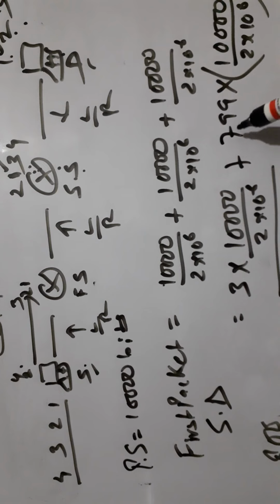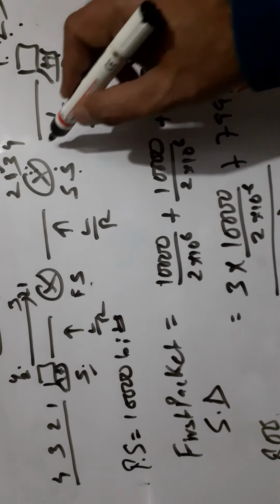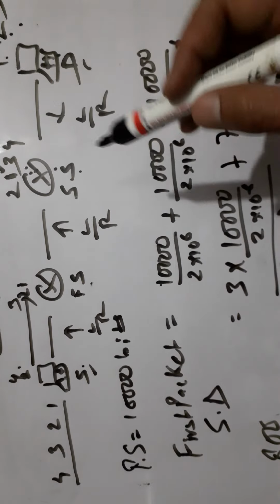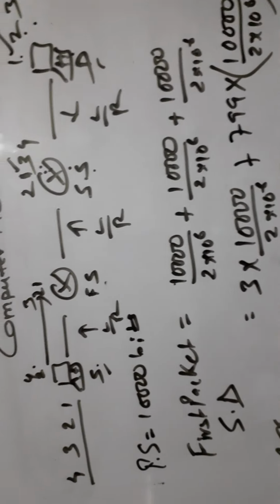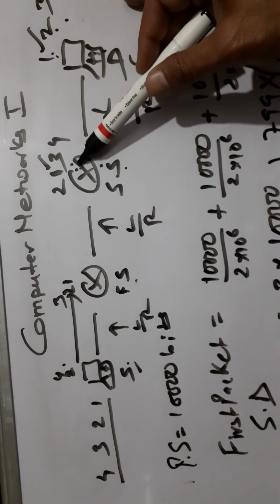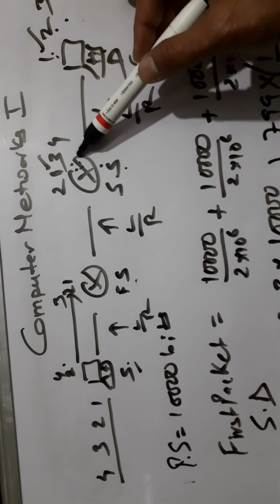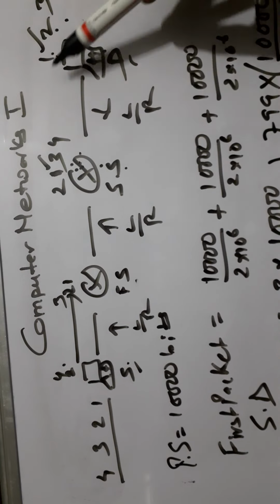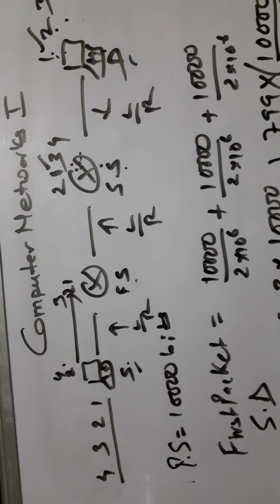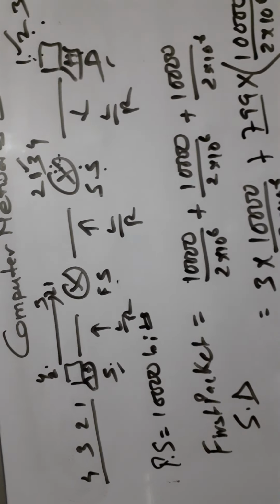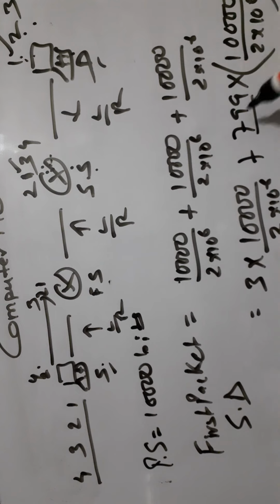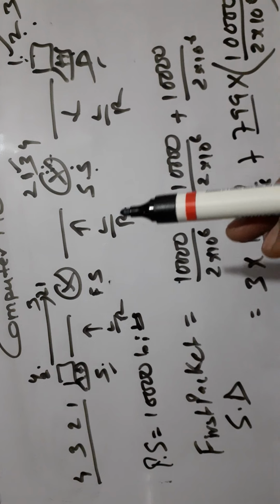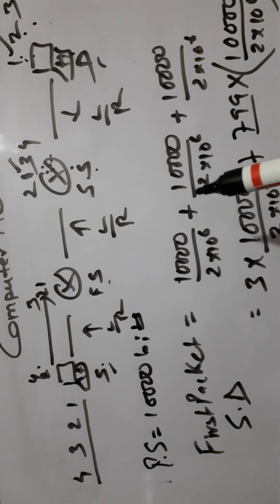The rest, 799 packets, need only this much transmission delay, because when the first packet is here, the second is already there. When the second is there, the third one is already there. And when the third one is there, the fourth one is already there. So the rest of the other 799 packets take this much amount of time. So when you do message segmentation, that means when you divide your complete